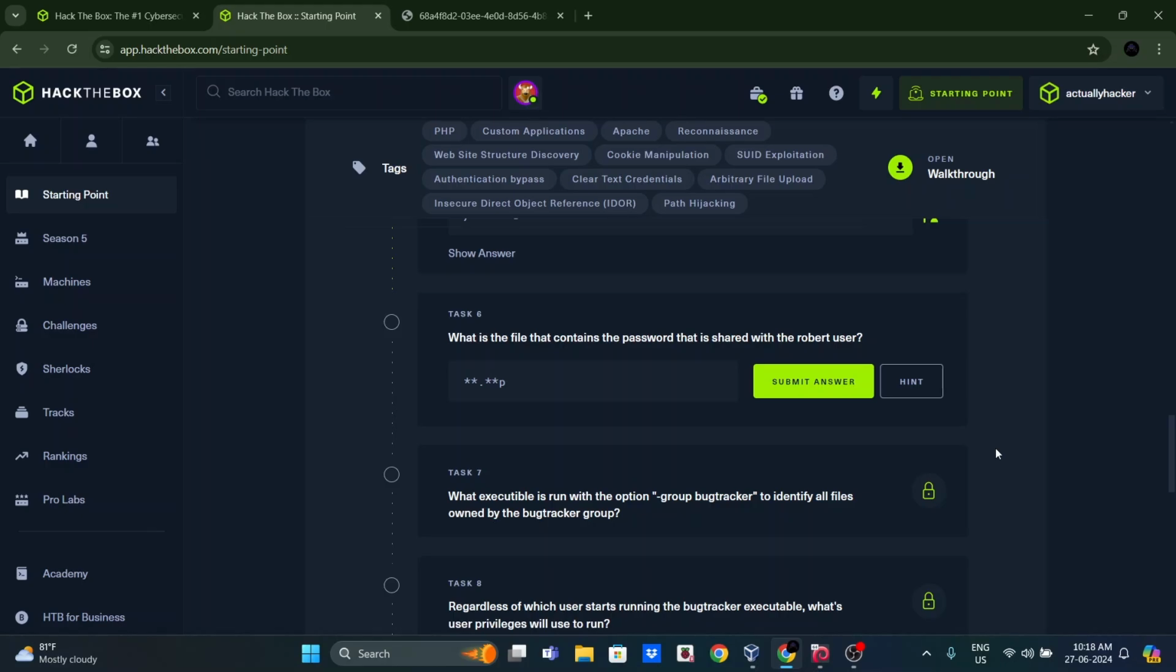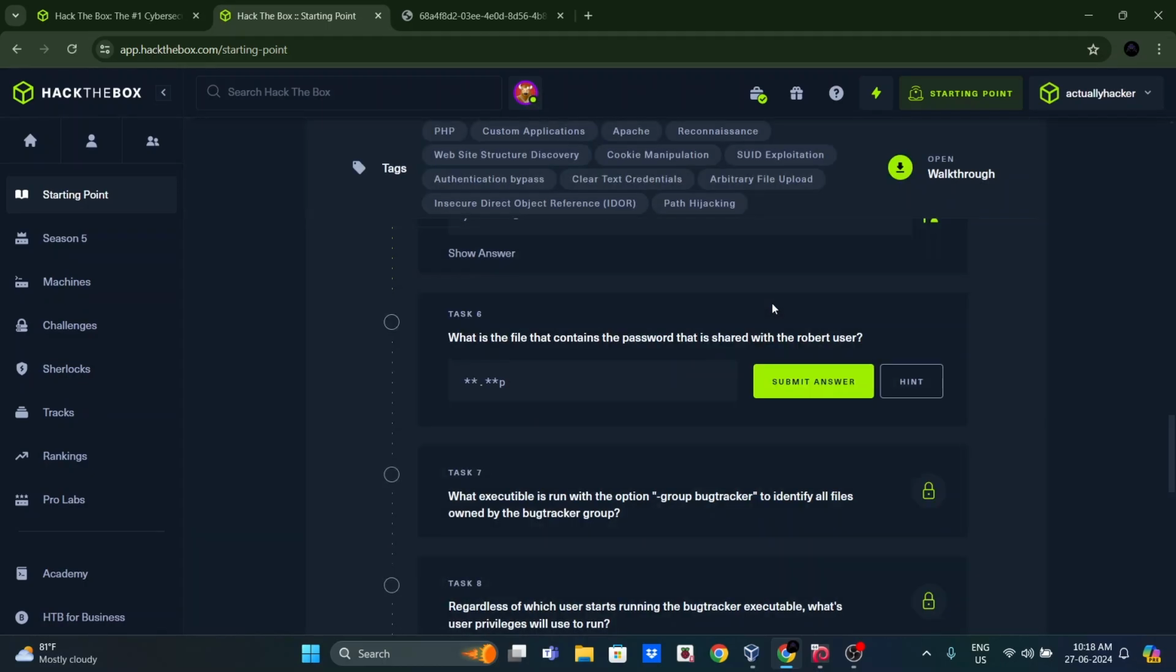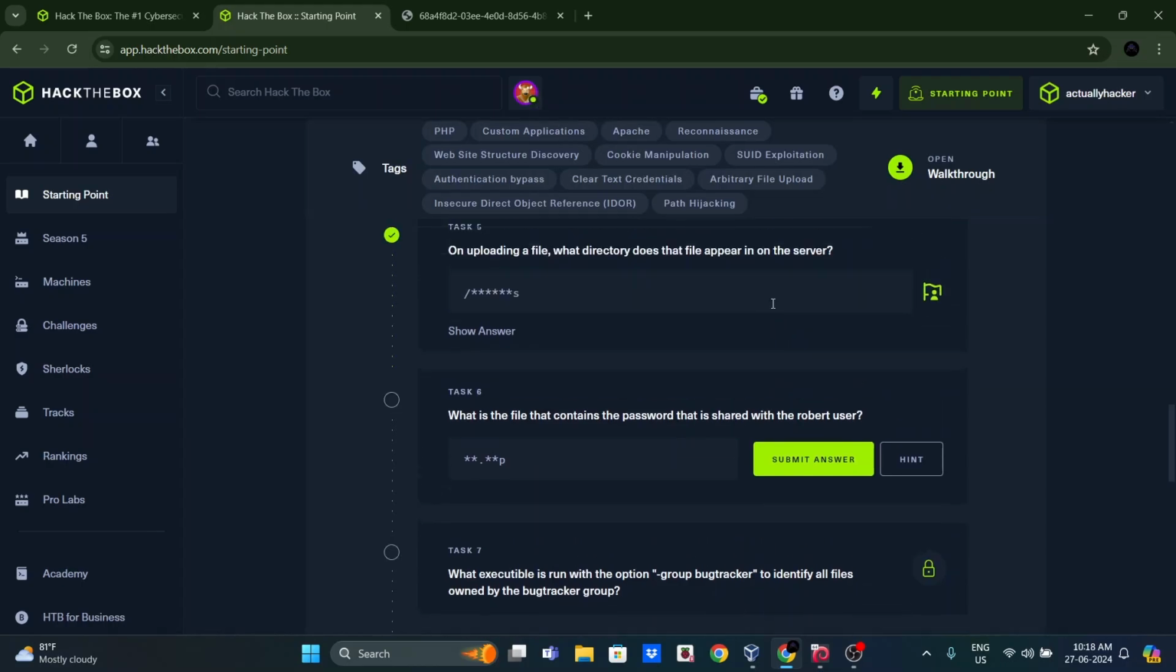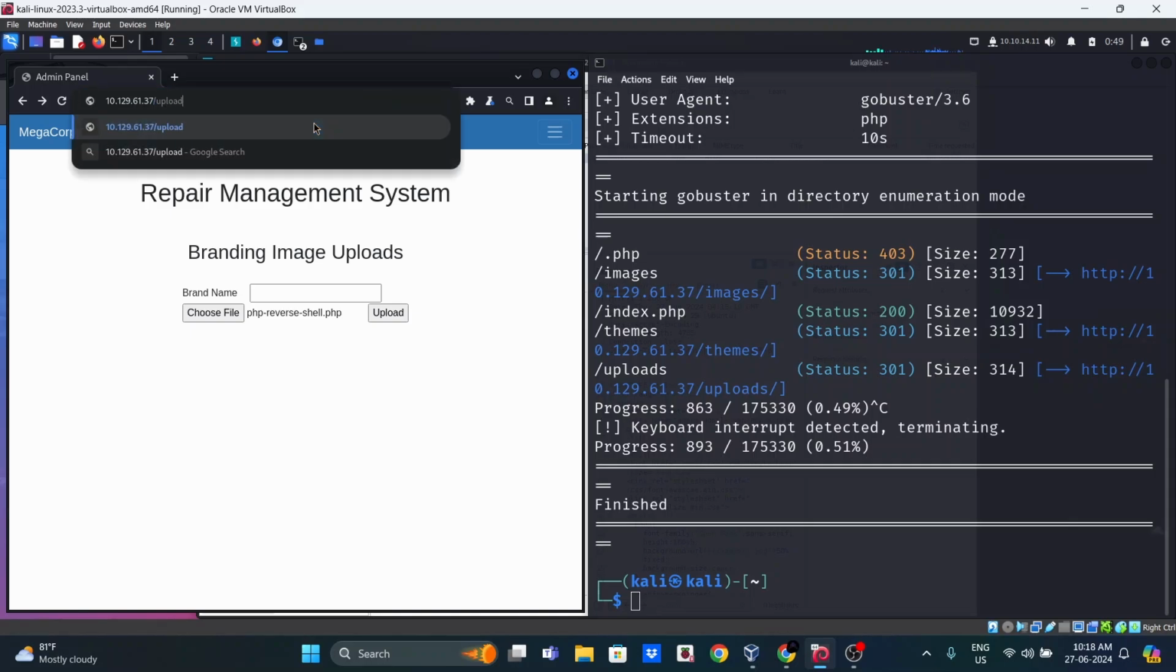All right, now task 6 is, what is the file that contains the password that is shared with the Robert user? All right, so we need to find a file, and the hint is review the code of the web pages. Okay, so let's first visit the directory where we had uploaded our file. So I think we can do that by coming into this /uploads,